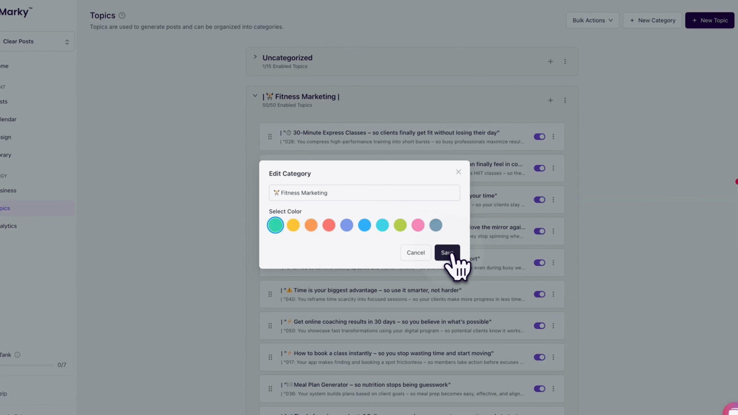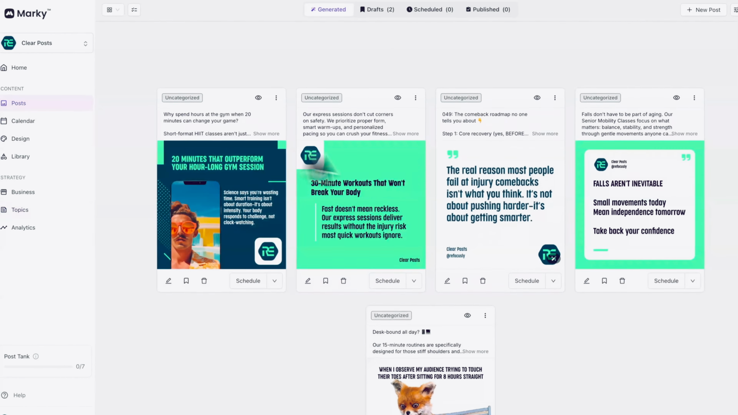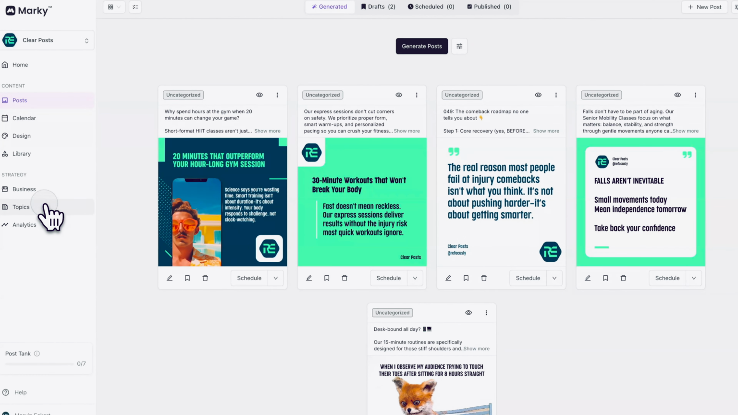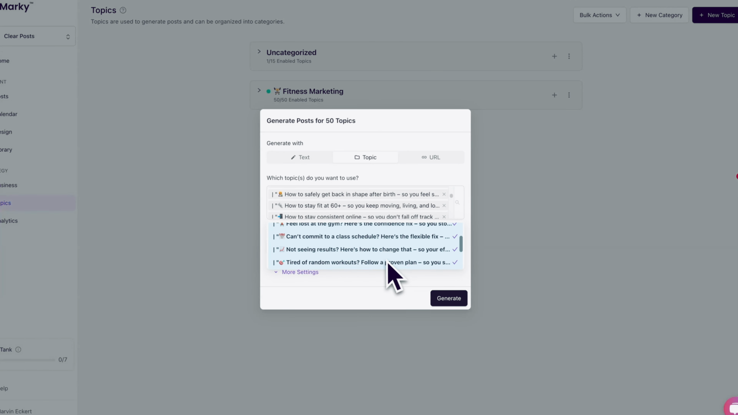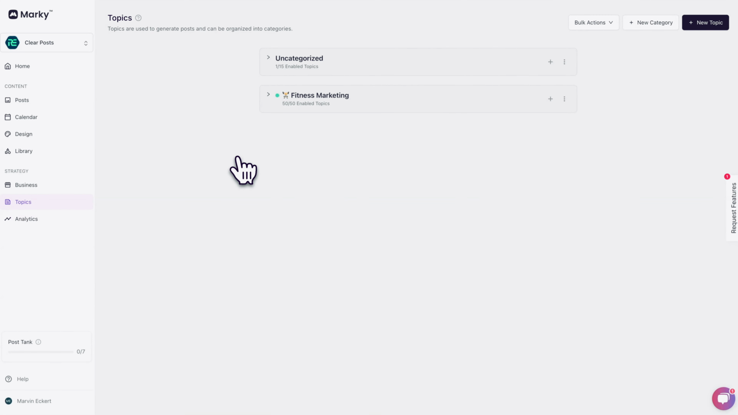Then it's changing it, boom. And now you can generate posts from here, or you can go in here with all enable and click this. For this, we will take this and go here, and let's say 10 posts. You could also pick them here, but we want to have a mixture,